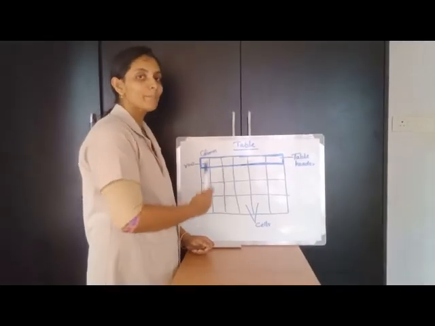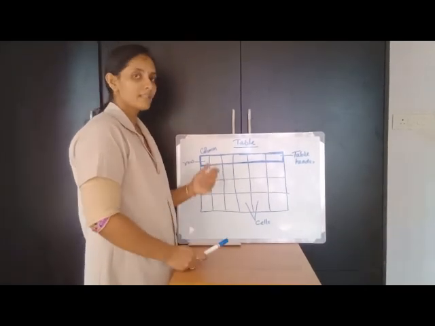What is a row? It is the horizontal section in a table, whereas a column is the vertical section in a table. The first row in a table is known as a table header, and each individual square in a table is known as a cell. This is the table format.